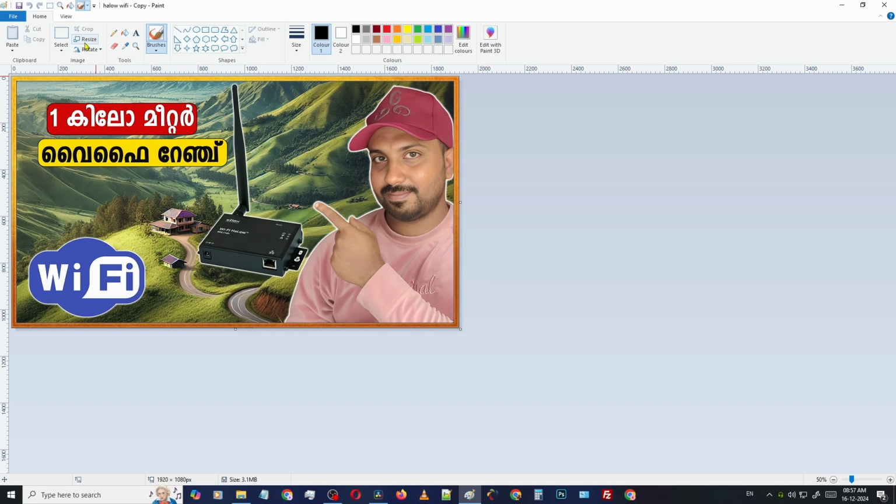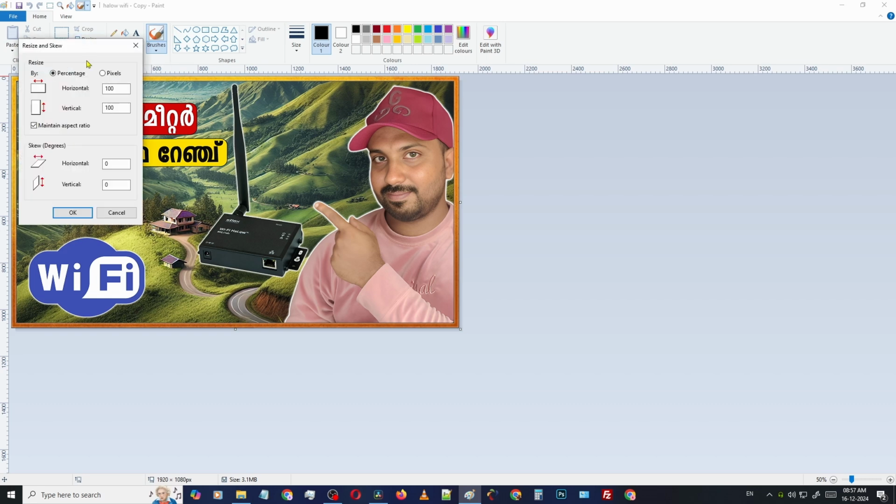Now our image is open in Paint software. Then you can see there is an option for Resize. Just click on that button, then go to Pixels. Then you can see here is our pixel size, 9020 by 10080p. If you type here 1280, this is the dimension of HD images, 1280 by 720p. And remember one thing, if you untick this Maintain aspect ratio,